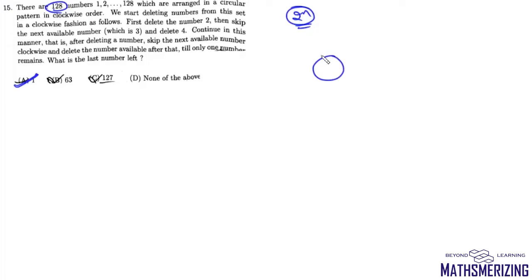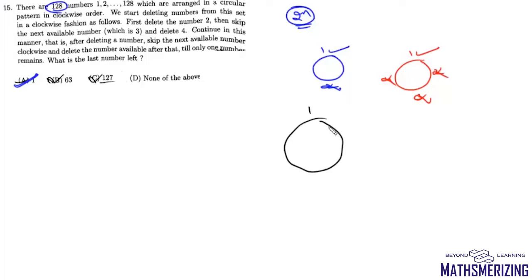Now suppose we have two numbers 1 and 2. Now here 2 gets deleted and we are left with 1. When we have 2 square, that is 4 numbers, suppose 1, 2, 3 and 4. Now here first 2 and 4 get deleted, and then 3 will get deleted. We're left with 1. Suppose we have 8 numbers 1, 2, 3, 4, 5, 6, 7 and 8. Now in the first attempt 2, then 4, then 6, and then 8, and then 3, and then 7, and then 5. So again we are left with 1. So when this n is of the form 2 to the power n, then 1 will always be the last number standing. And actually there is a general formula for this.